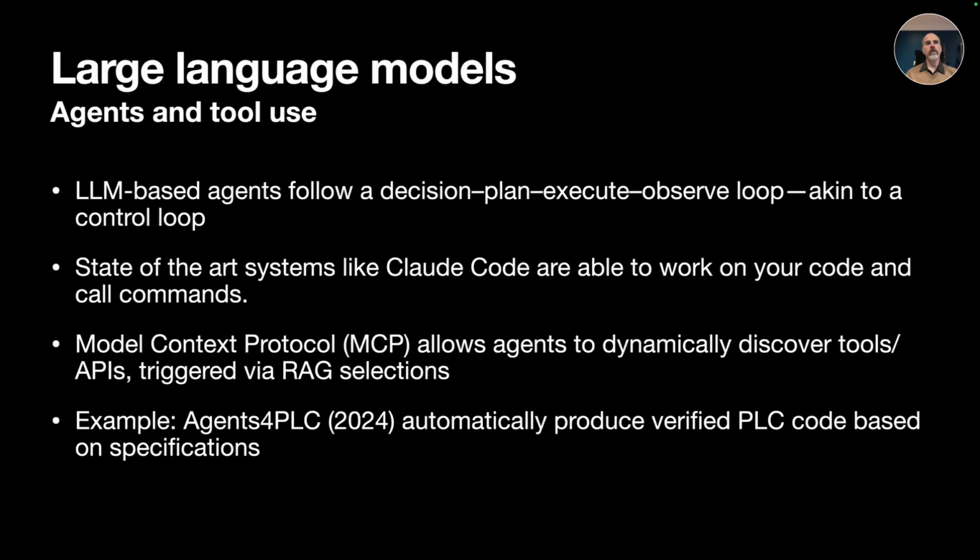Now, the last thing I'm going to talk about is the current trend to go to agents. LLM-based agents, you can think of as being similar to a control loop where you do a prompt, it does a plan, it executes, it observes, and then it reads back. Effectively, the implementation in code is that you are calling the LLM and prompting it to say, listen, if you want to call a tool or something like that, just tell me as the last part of your tokens, and the system then interprets that last part as perhaps being a tool call.